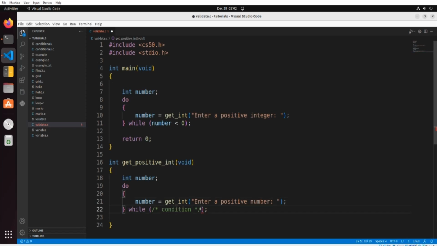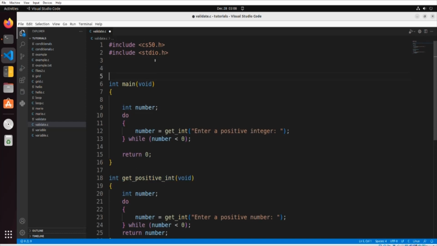And we want to do that while the number that the user enters is less than 0. And then finally, we want this function to hand us back, or return to us, this number variable. And we can do so by using the return keyword, and we can just return number. Now this function is complete, but remember we have to copy this function prototype and paste it above main with